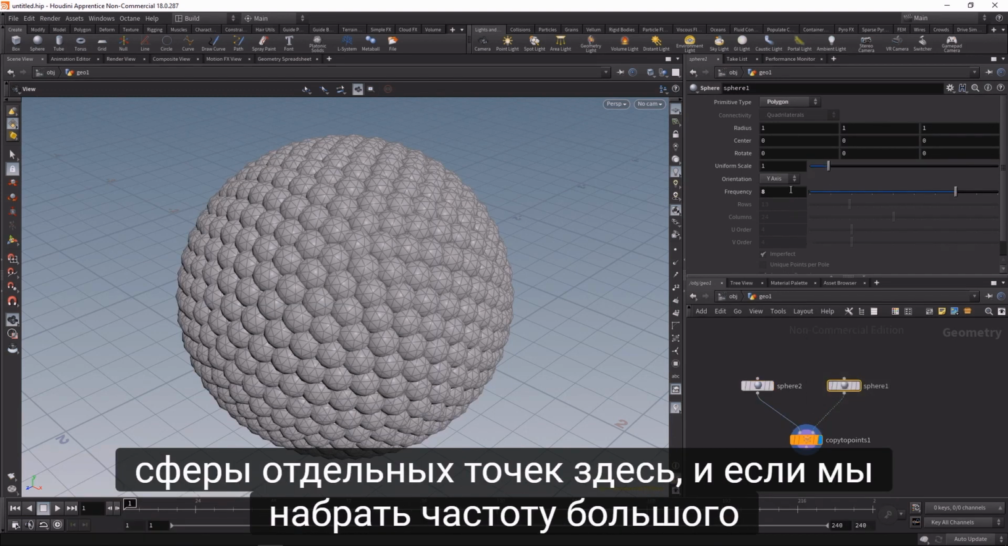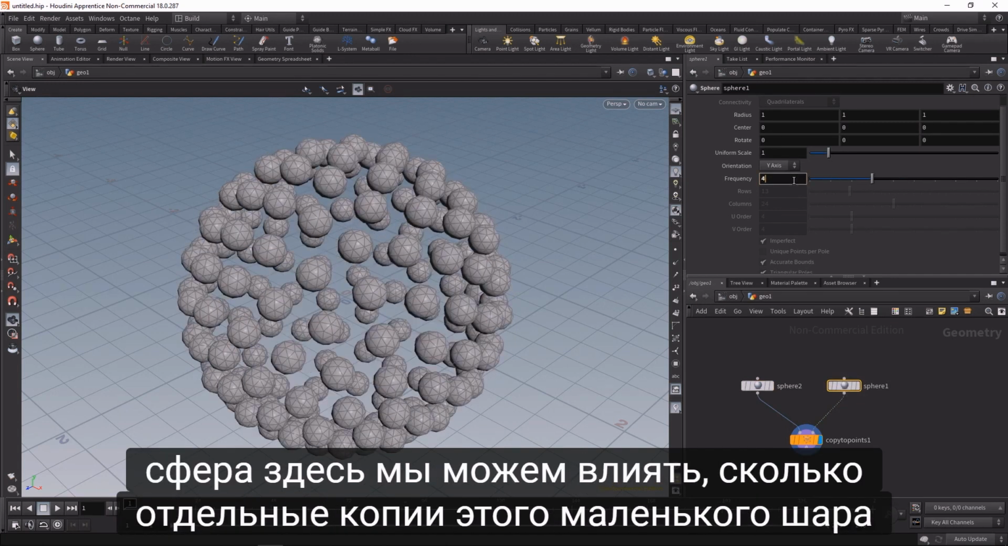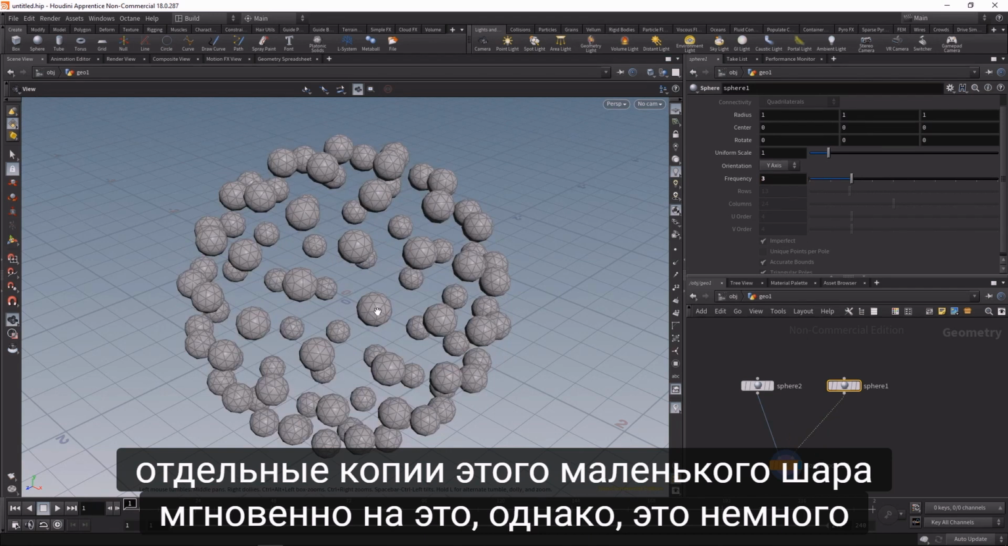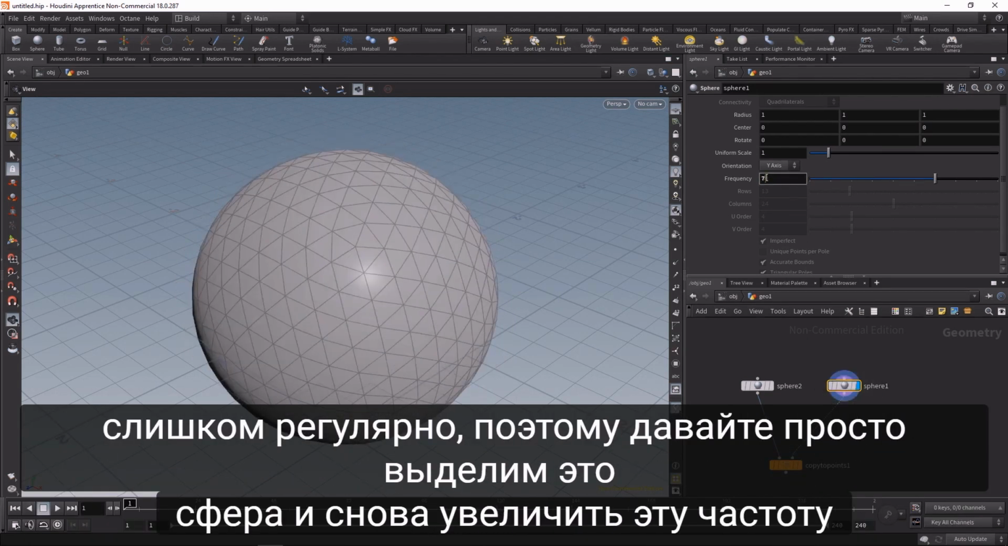And if we dial back the frequency of the big sphere here, we can influence how many individual copies of that small sphere are instanced onto that. However, that's a bit too regular, so let's just highlight this sphere and again increase the frequency and drop down